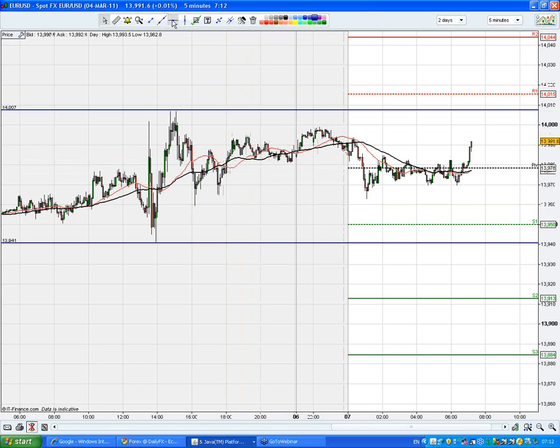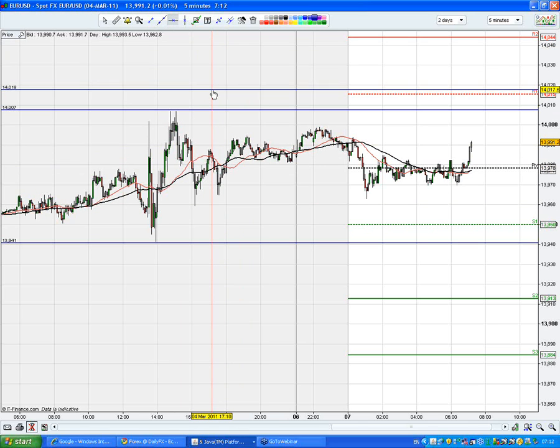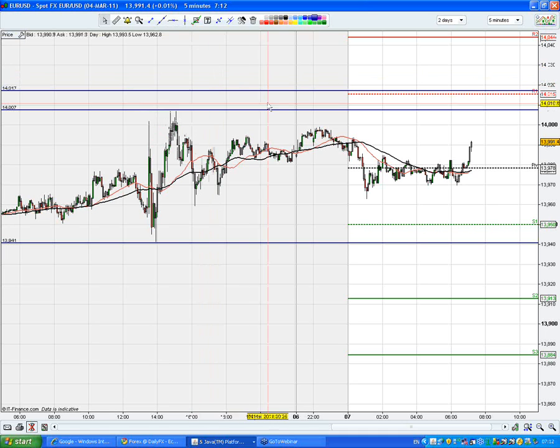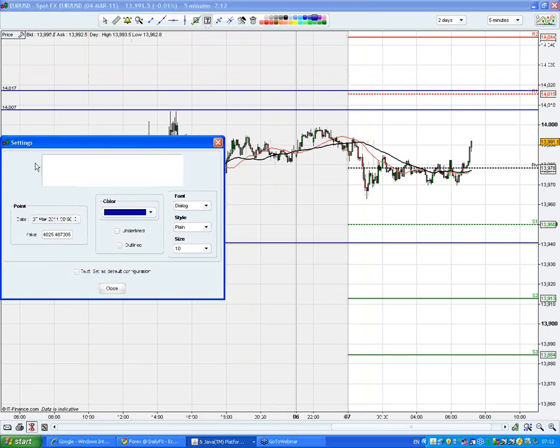And also, we'll do that again. Click on that, bring up the line to our buy point at 14,017, and then we'll click there. Right-click to get it off. If you want to write a text on your chart, this is the icon to write a text. So if you click on that, and then you click on where you want to write, and then you can just put a comment there and